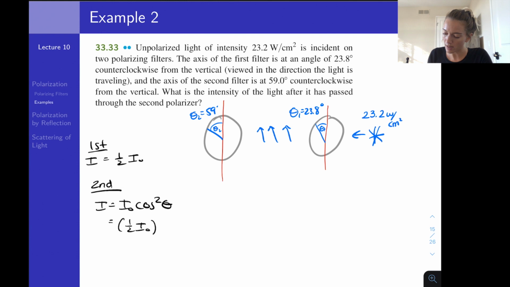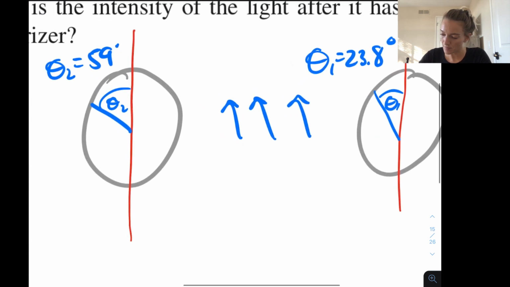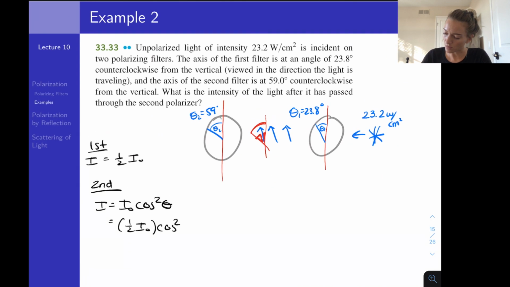So we have 1/2 I naught, and then cosine squared, and then the theta we want to use here is the difference between these two angles, right? Because now this light is polarized at 23.8, so we want the angle between this light and that 59 degrees, right? So this angle here is 23.8. This angle is 59, and we want this angle right in there. So we're just going to do 59 minus 23.8,